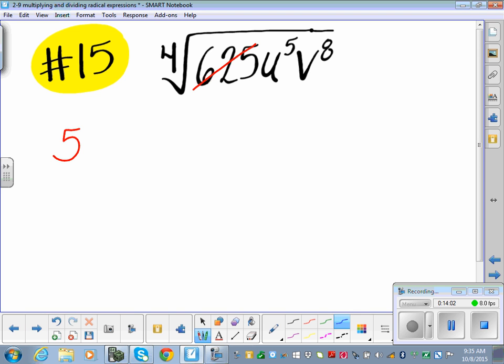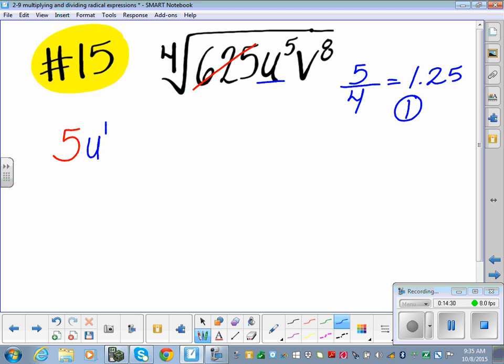Now, we learned something new today. Today, we're going to have remainders underneath, stuff remaining under the root. So let's go through it slow. So we're going to do 5 divided by 4. 5 divided by 4, because we're dealing with our u. Let's simplify our u's. Let's pull out what we can. 1.2, some 2.5 you said. Okay, all right, so how many times did it go into it evenly? 1. So it went into it once, so we'll pull out a u to the first, but then there's something